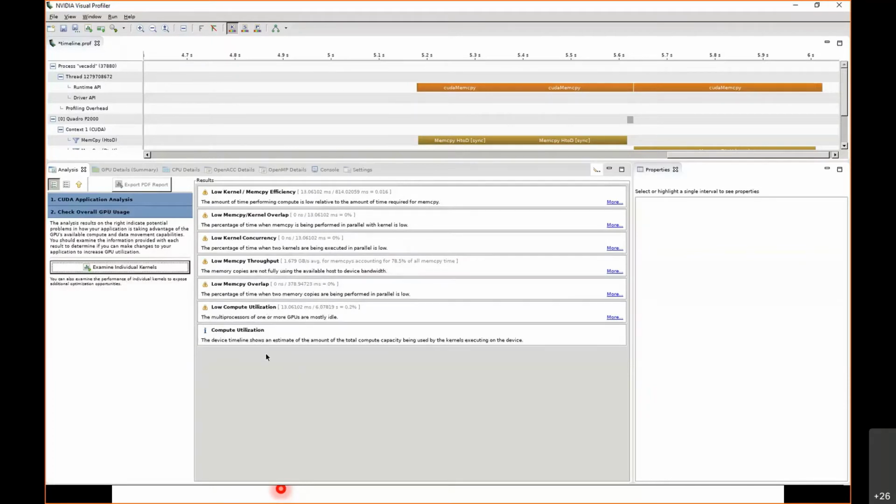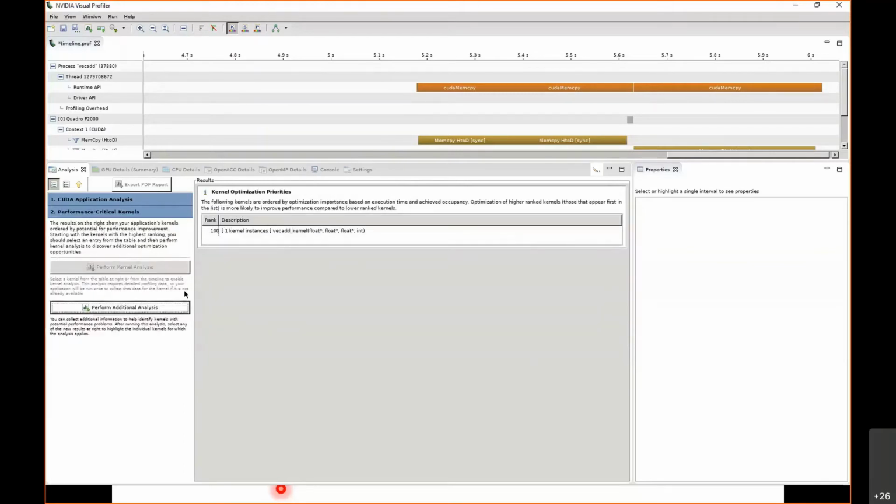Now, our program could consist of multiple kernels, and what we can do is go and examine individual kernels. In our case, we just had one kernel, which is the vector addition kernel. So we click on examine individual kernels. Here, there's just one kernel. But if you ran many kernels, you would see many different kernels. So when I click on this,